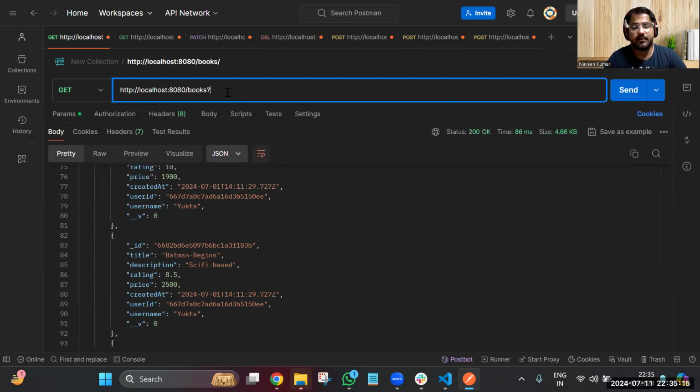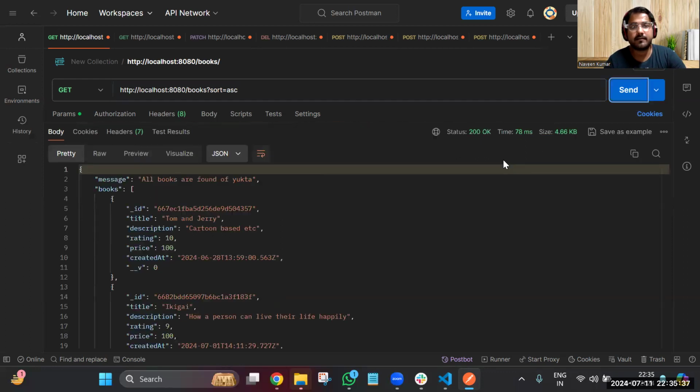After this, I'll pass a question mark in my URL, and after this I'll say sort. Inside this sort, I'll say ascending. That's it. If it is ascending, it will basically sort all the books with lower prices first. It will show me the lesser prices first, and then after this it will show me the higher priced books. So if I hit enter, you can see that